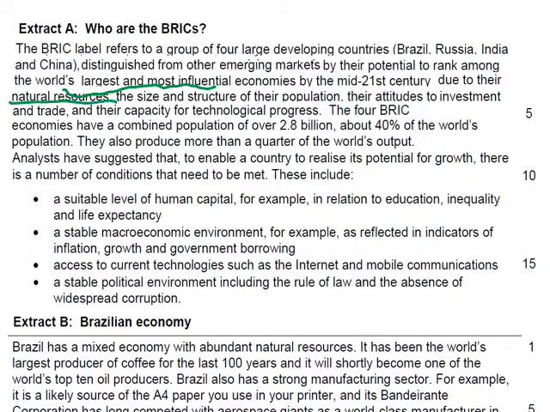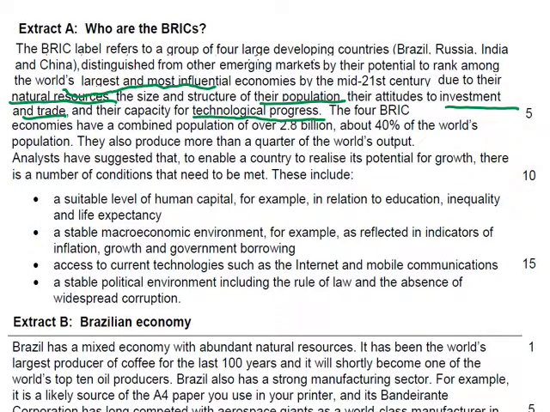So we have primary dependency here, size and structure of their population, so they're going to have a significantly large population, attitudes to investment, they're all encouraging FDI, and trade, they're all focused on trying to export to gain economic development, and